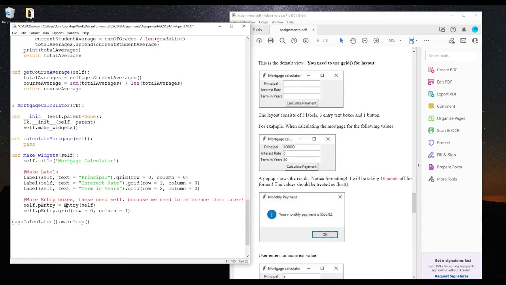So technically self.p entry isn't an entry box, it is an entry box's grid. That's what happens when you put .grid after this. You're assigning the .grid, which returns a None type, to self.p entry, which is why you get those errors later on of None type and all these weird errors. So as a general rule of thumb, if you're making entry boxes or buttons to reference later, always do